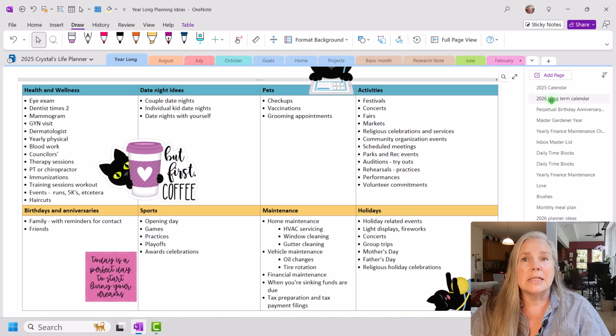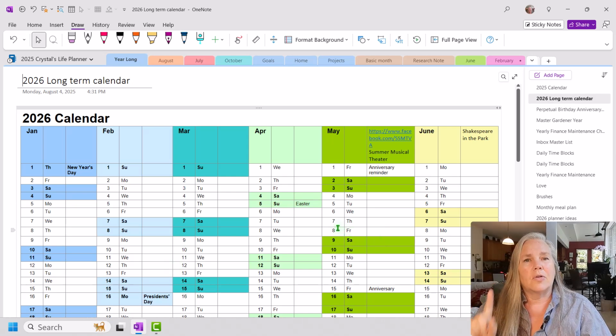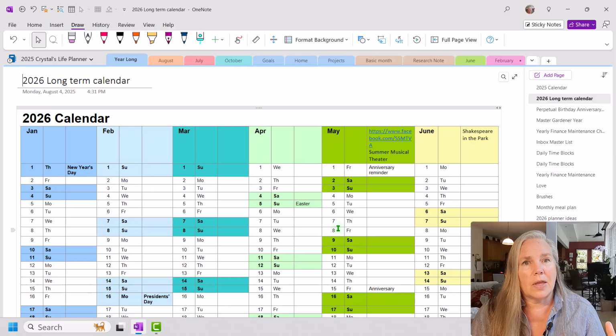So all of these things that you put on this long-term calendar do not have to be set in stone, but it is a great way to keep you from either overscheduling or missing something completely and underscheduling and then being stressed at the end going, I forgot I had this wedding and I needed to order the present. And now we're going to the wedding and I don't have anything. You don't want all of that stress.